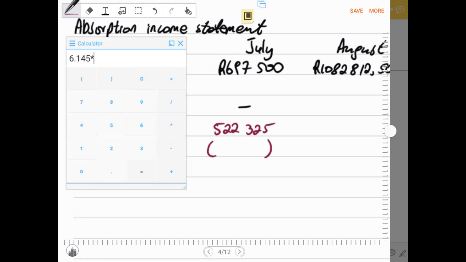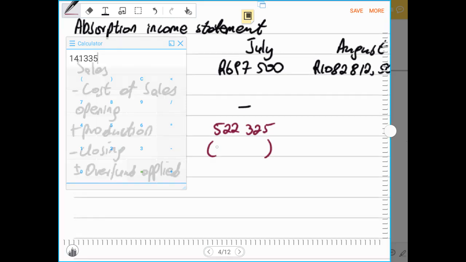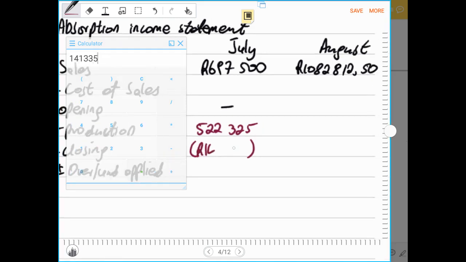6.145 times the closing, and we know that our closing was 23,000, and that will give us a total of 141,335. So now after we have taken the closing, we know that the closing becomes the opening of the next month. Therefore now it will be